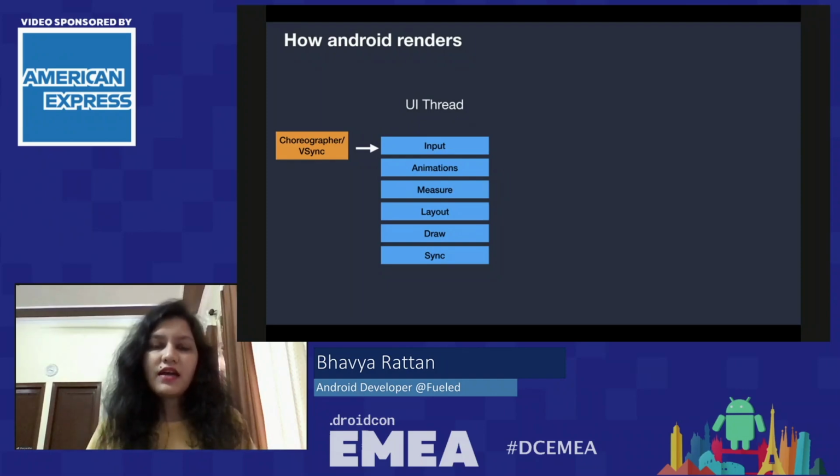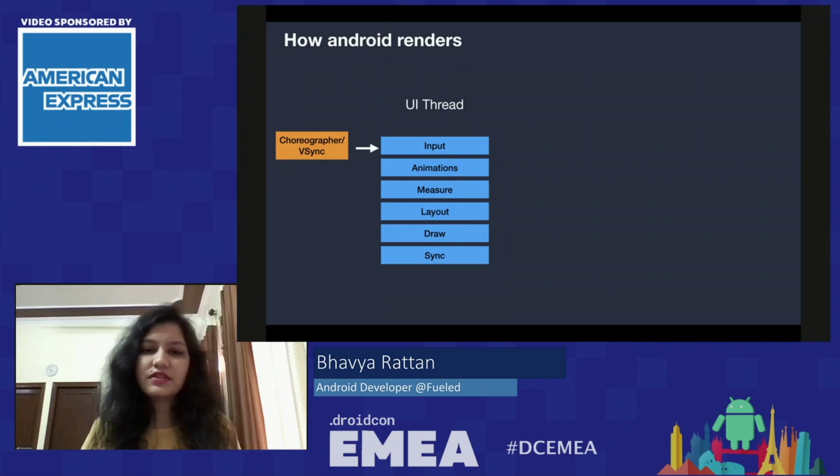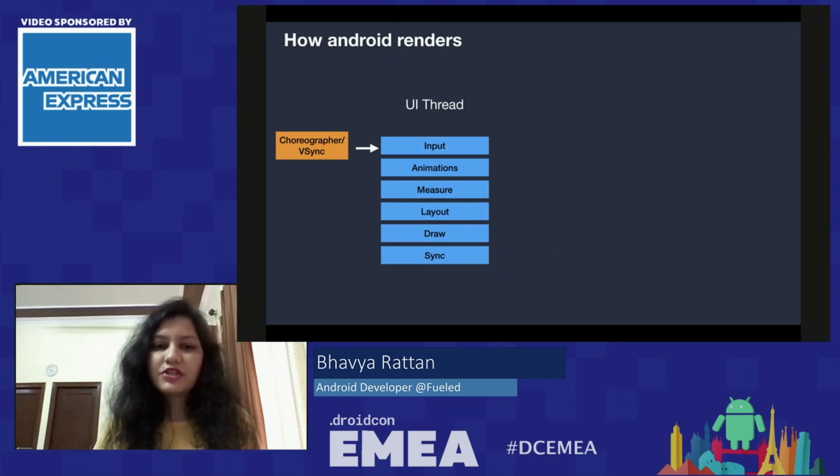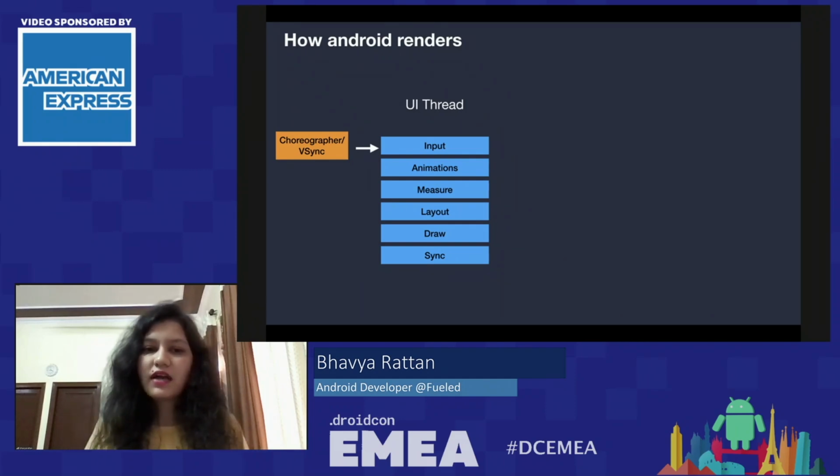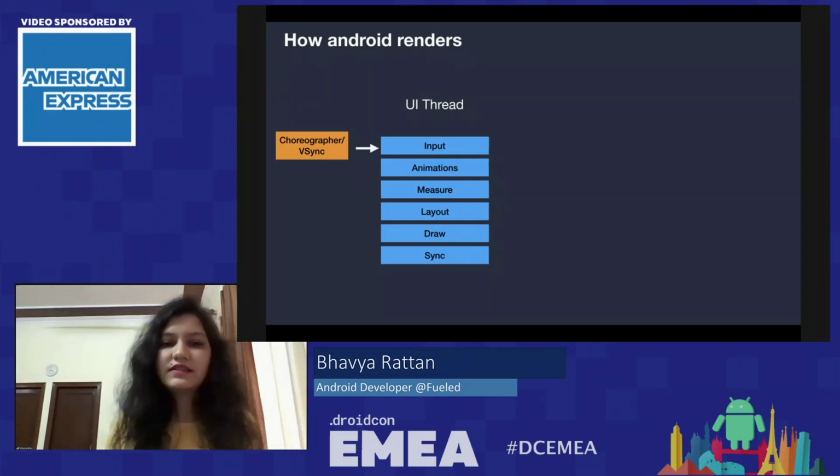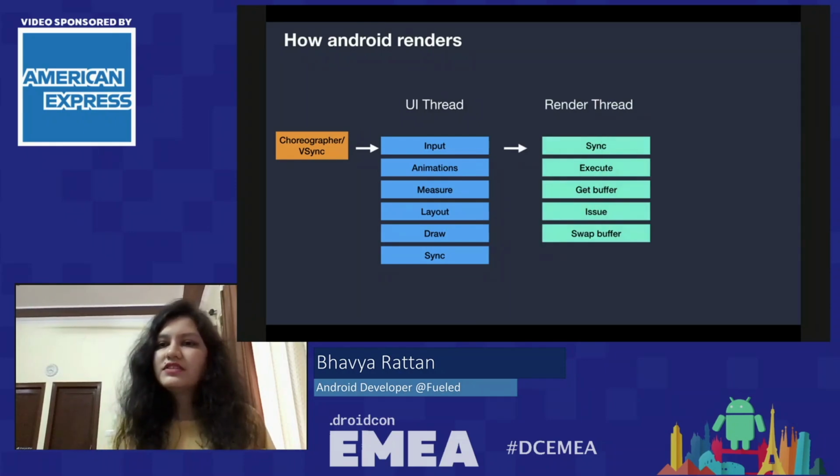The UI thread gets called upon, and it runs all the pending inputs, all the pending animations, and finally the traversal phase, which is to measure the views, lay them out, and then draw them on screen. Once this is done, the UI thread then syncs all the information to the render thread, which is responsible